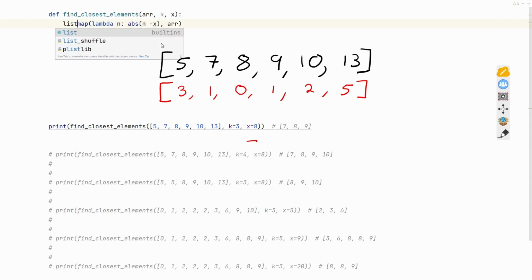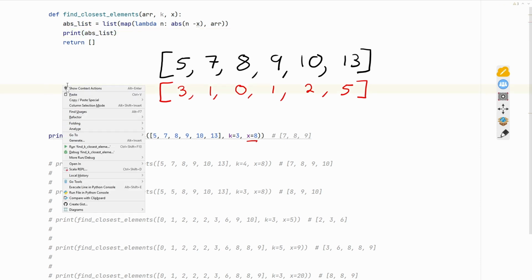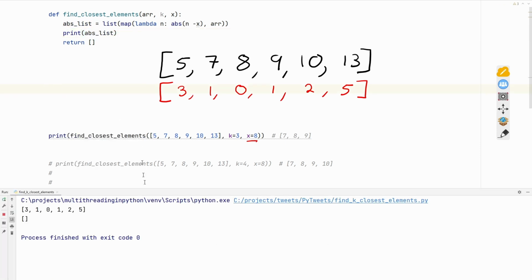And the result, we can put it in a list ourselves. This way we have a list of all the absolute differences, and we can call this list absolute list. Let's try it out. Let's simply print it just to check that it is working. And if we run it, as you can see, it gives us the correct solution, the same that we have